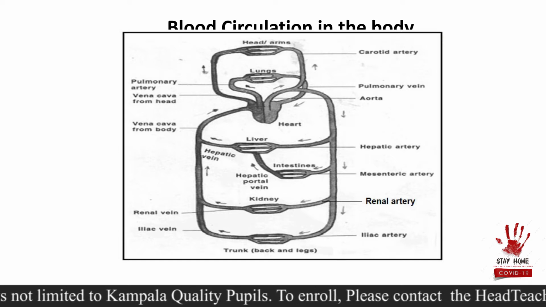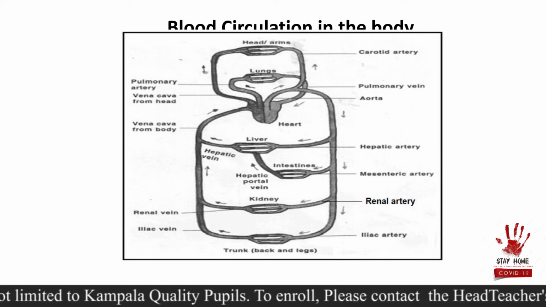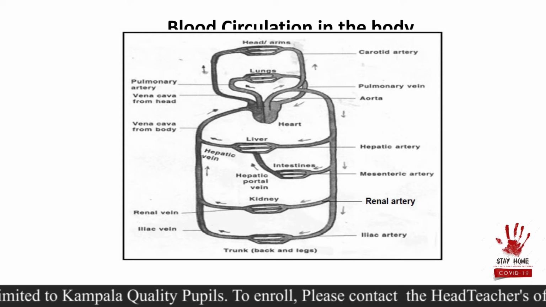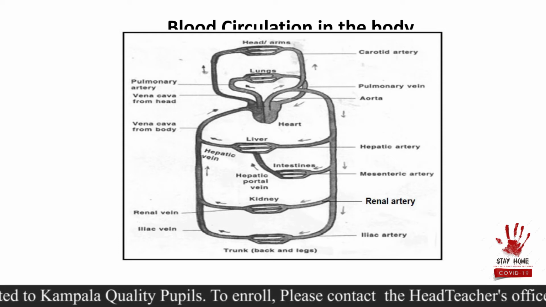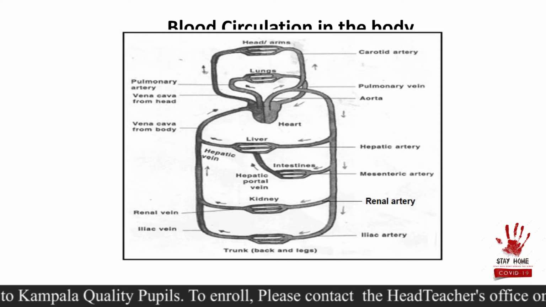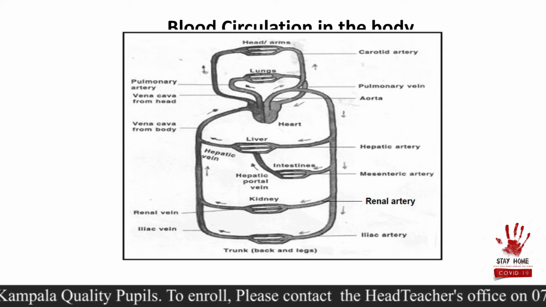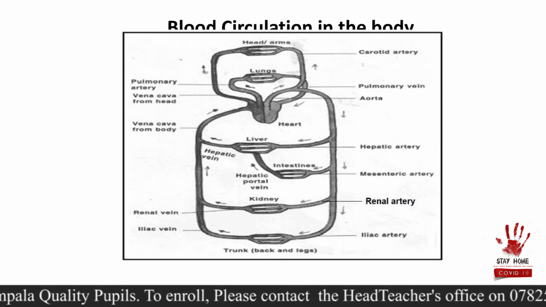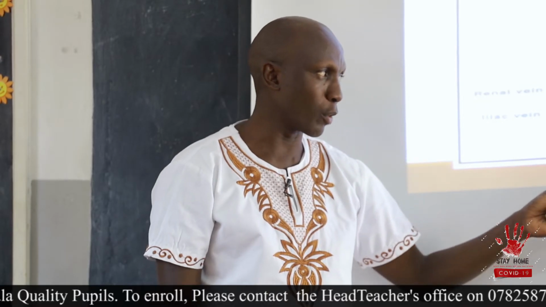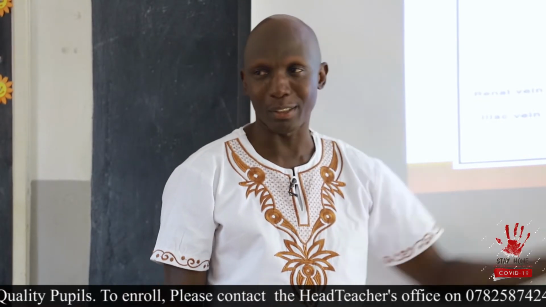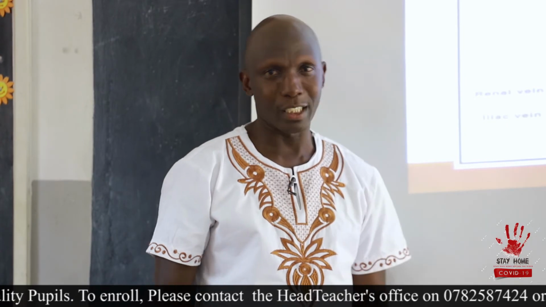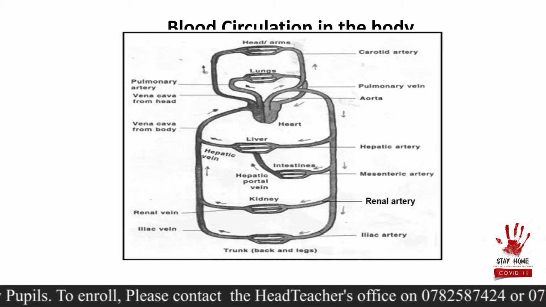Mesenteric artery. A branch of the aorta that goes to your kidney, carrying blood there, is going to be called the renal artery. Renal artery. Then a branch that goes to our legs is going to be called the iliac artery. Iliac artery. Let's go back and go through once again. So we are looking at the